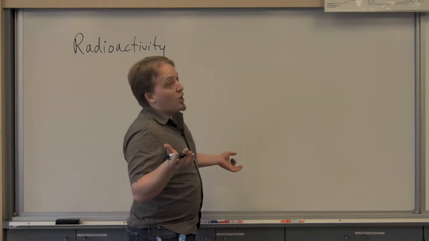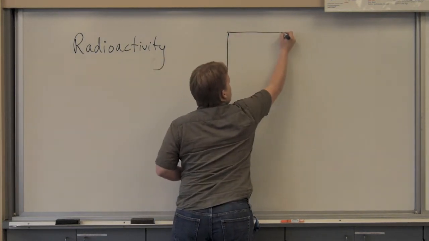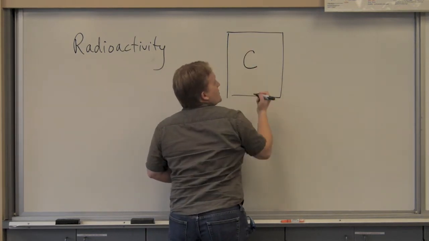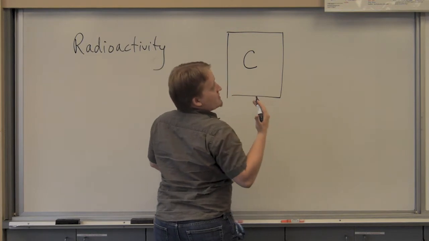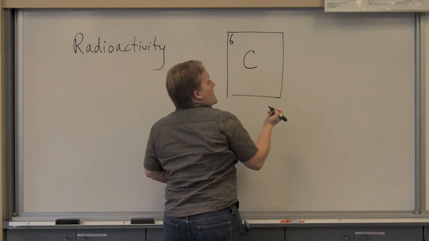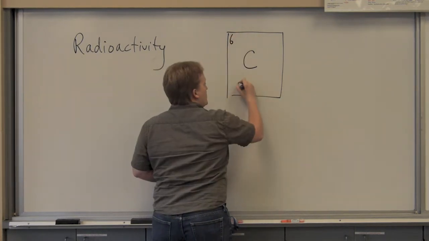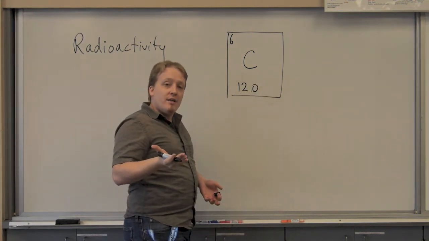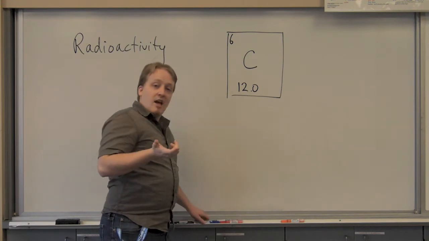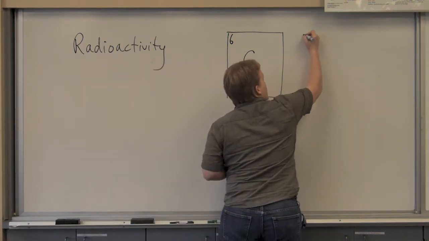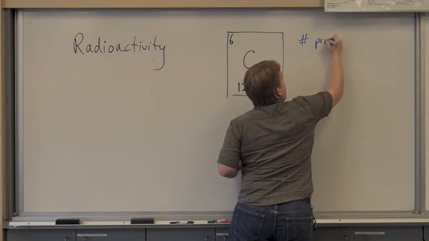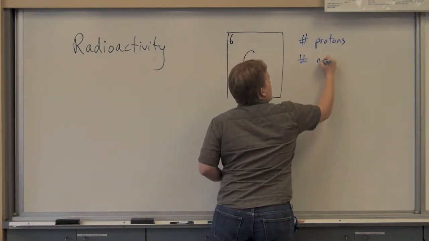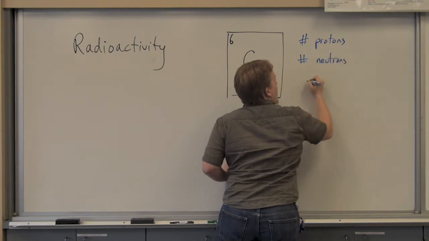Let's take, say, carbon. If you look at the periodic table, it looks something like this. Carbon in the center. We've got its atomic number in the top left, its atomic mass on the bottom, and then we have its charges, if there are any, in the top right. And from this, at least in chemistry, what we did is we found the number of protons, the number of neutrons,